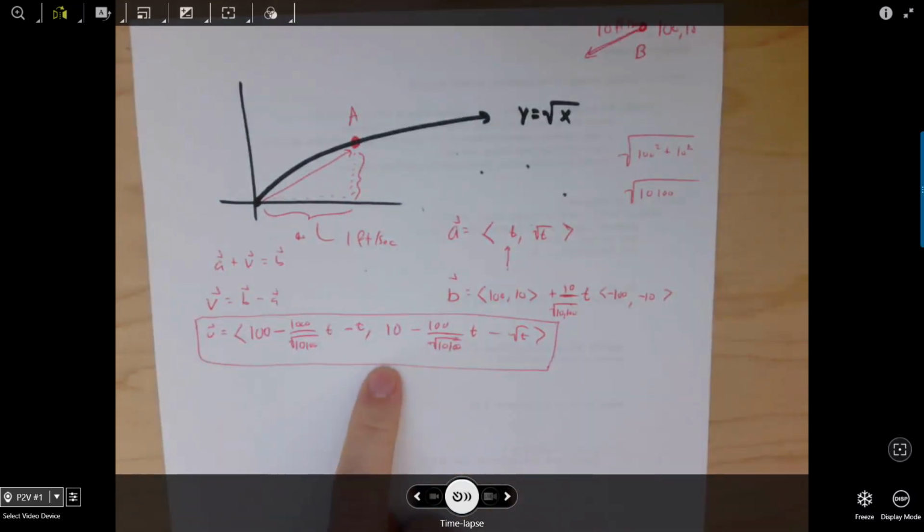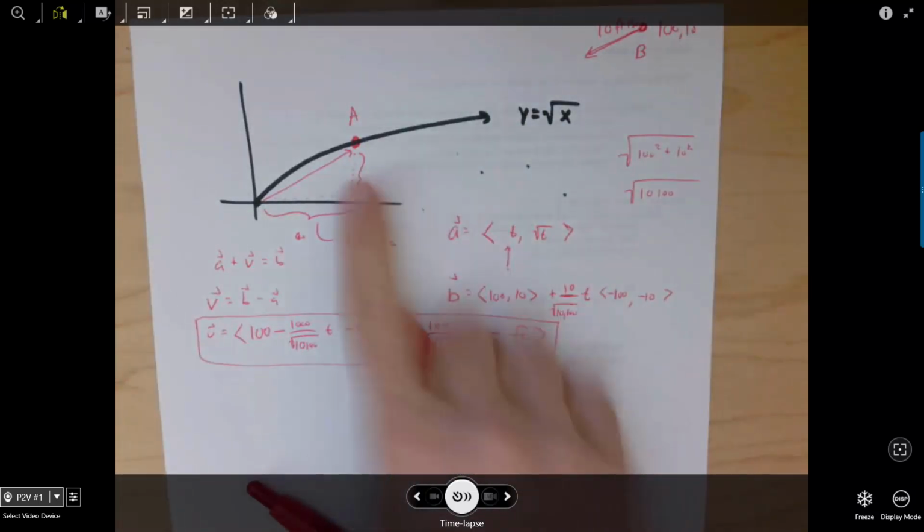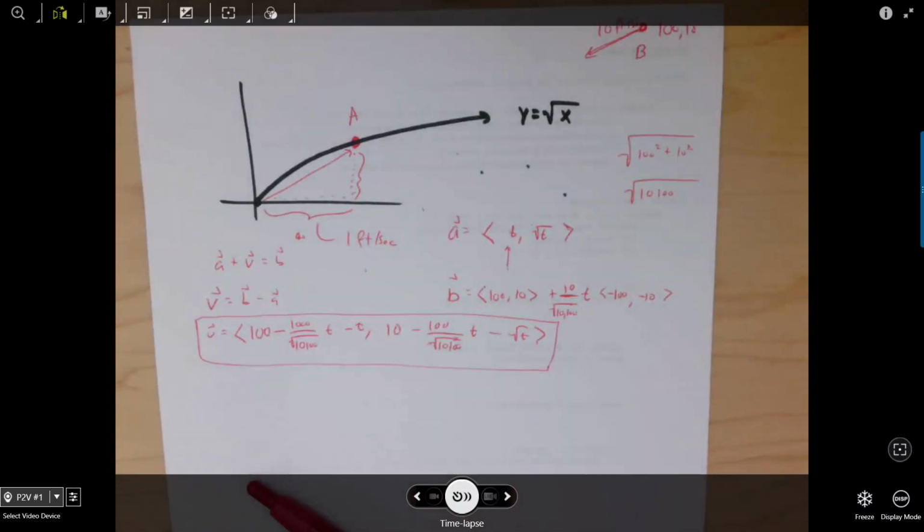And now if we wanted to, we could use that to answer a bunch of other questions about the times at which there are different distances from each other, and the angles, and all that. Okay, I hope that this